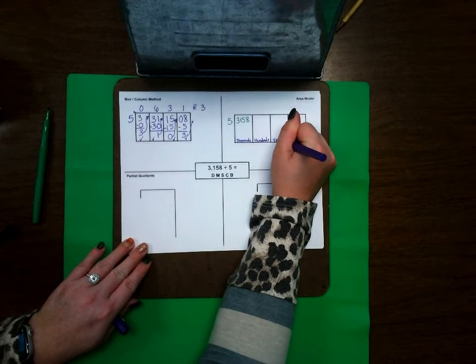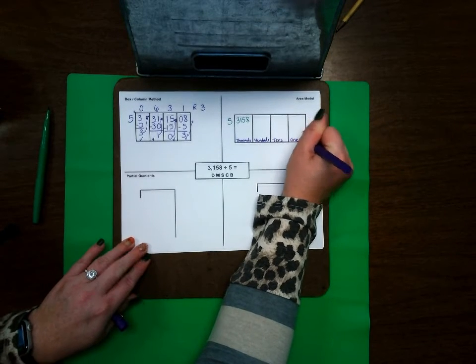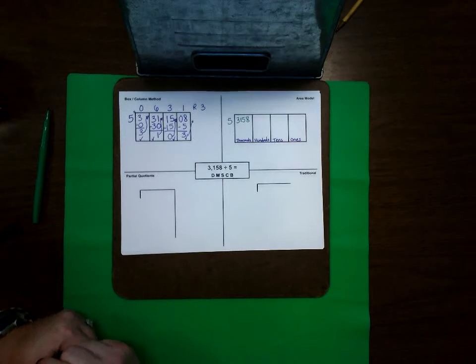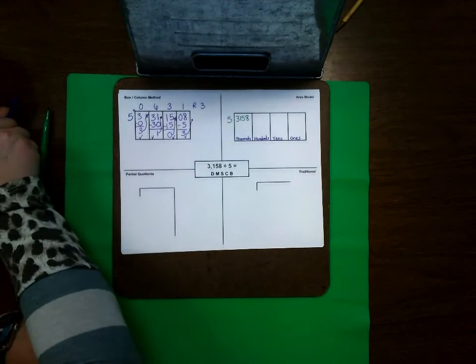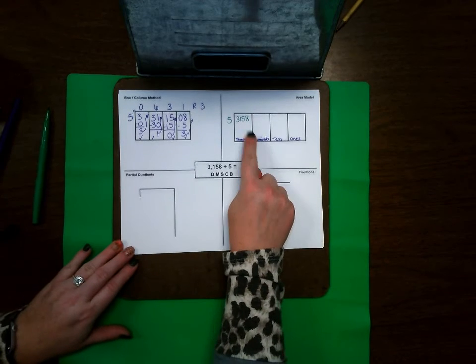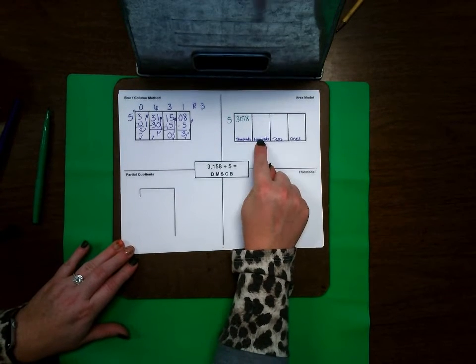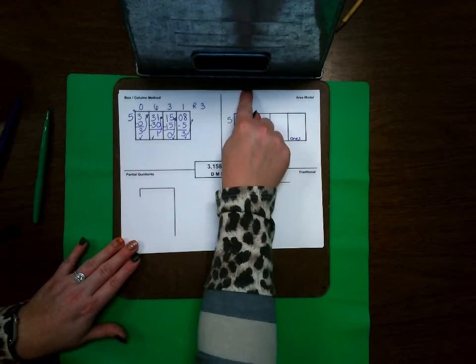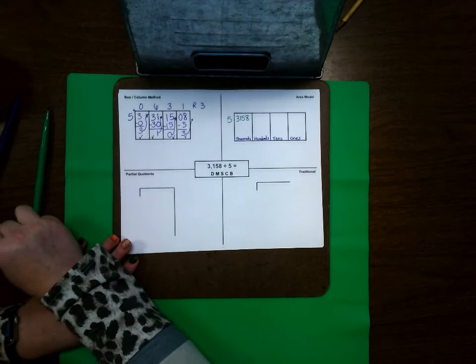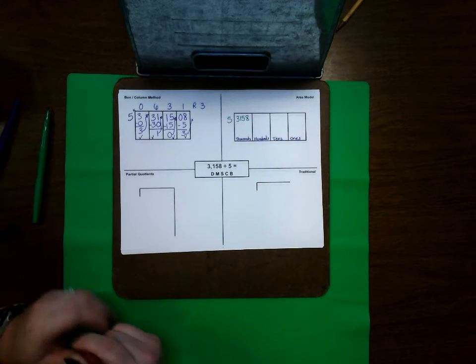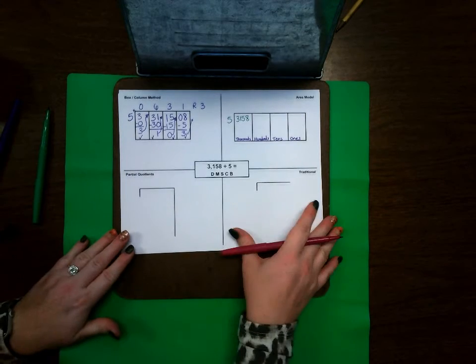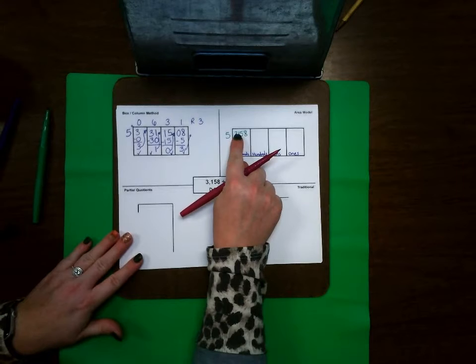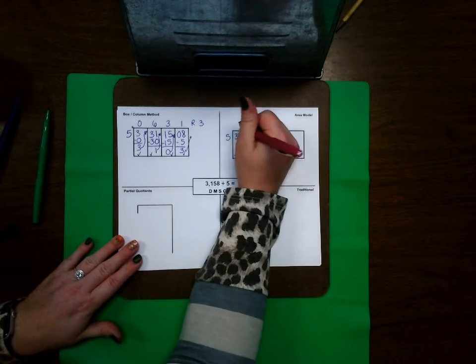tens and ones. It doesn't matter where they're labeled. But the reason it's good to think about this as thousands, hundreds, tens, and ones is because when you go to select an answer right here, you want to think about the fact that you need to start at the top here. It's either going to be